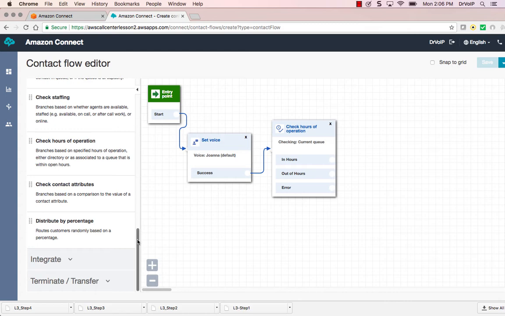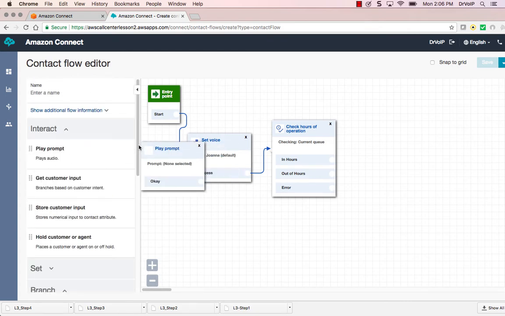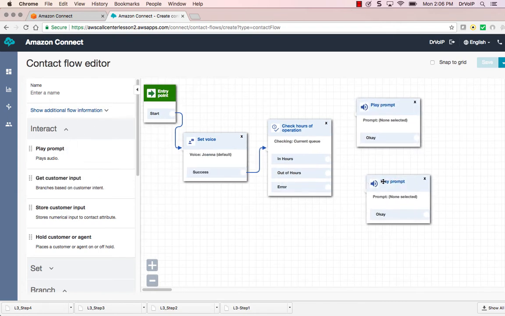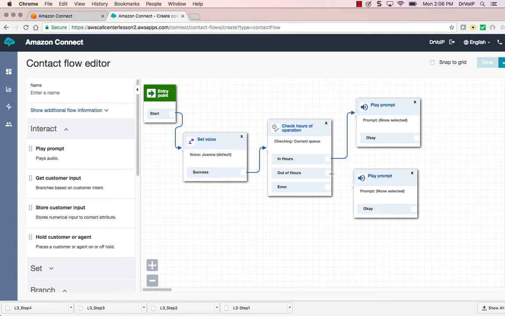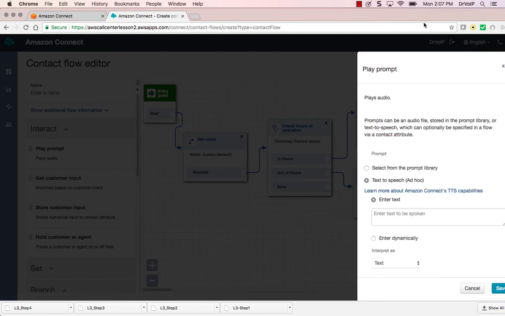So probably we'll interact with them a bit by playing a prompt. So let's get that prompt, and let's get that prompt. So this prompt is going to be the on hours prompt, and this will be the off hours prompt. And one of the beauties of this is to use the text-to-speech capability because we're waiting for the client to figure out the actual recording. We can't wait for the voice artist, so we're going to go ahead and prototype it by putting in